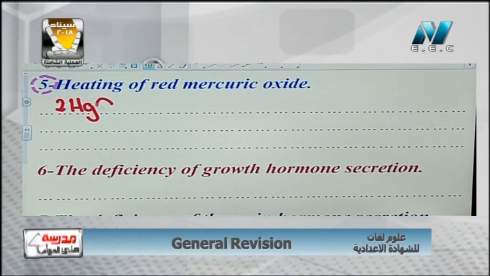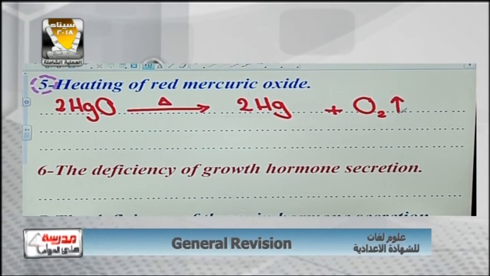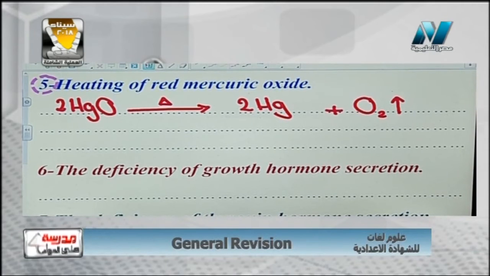Red mercuric oxide, by heating, changes into 2HgO → 2Hg as mercury plus O2 as the oxygen gas evolves. We should write the names and the colors: mercuric oxide